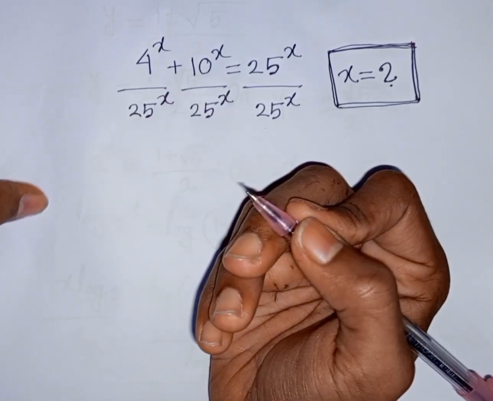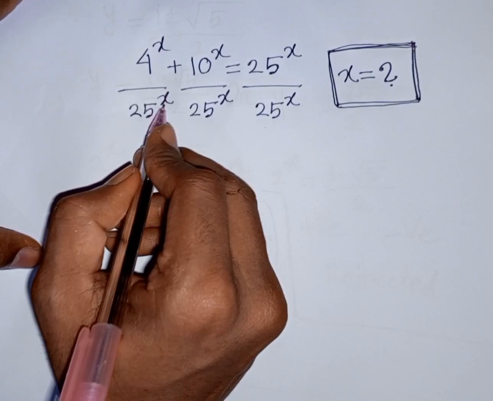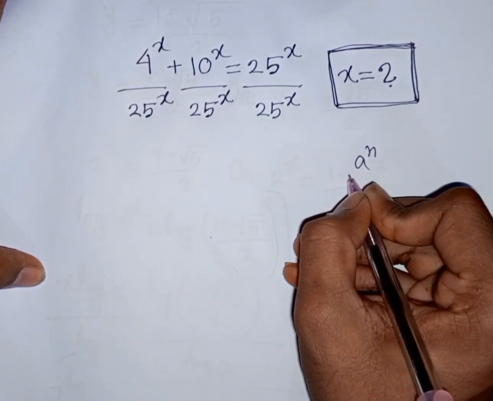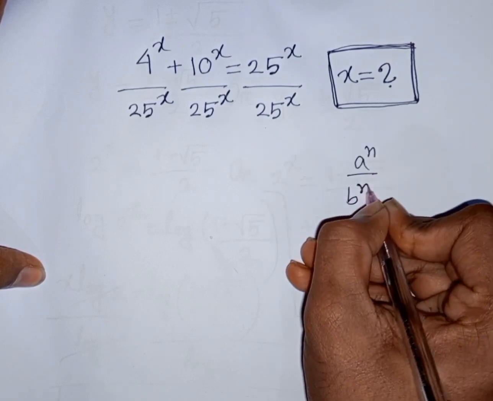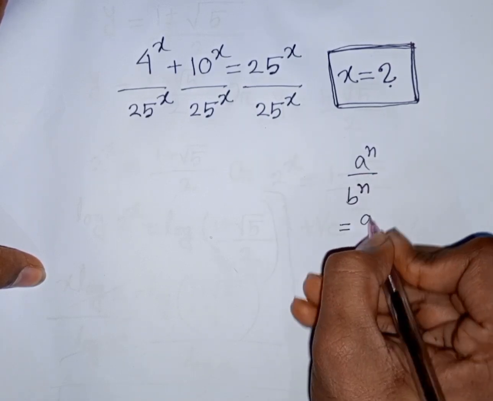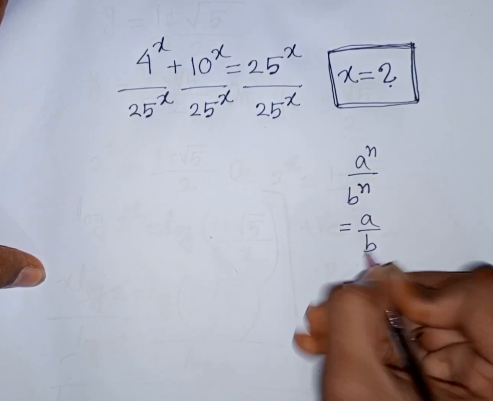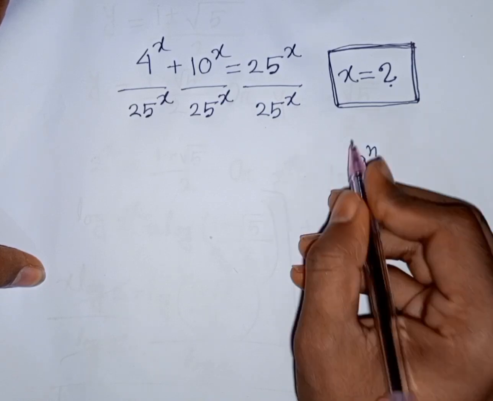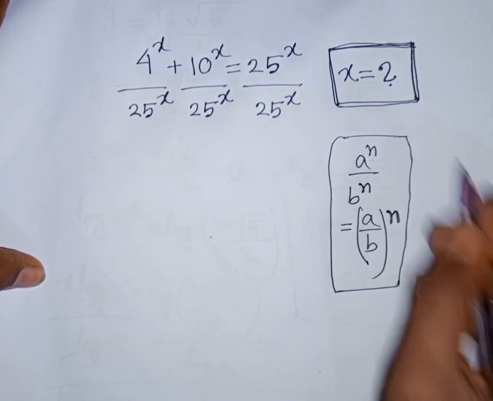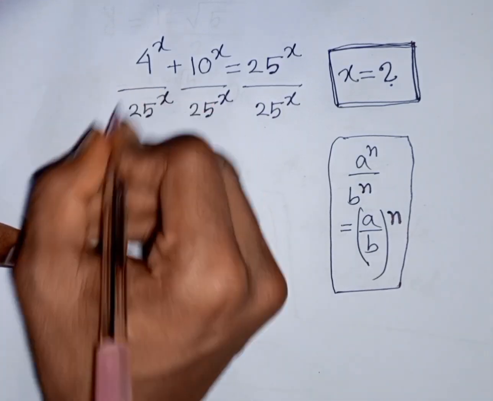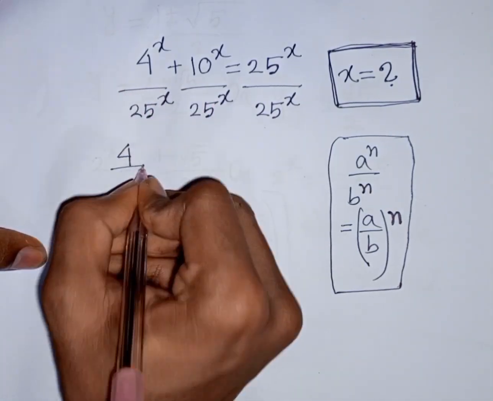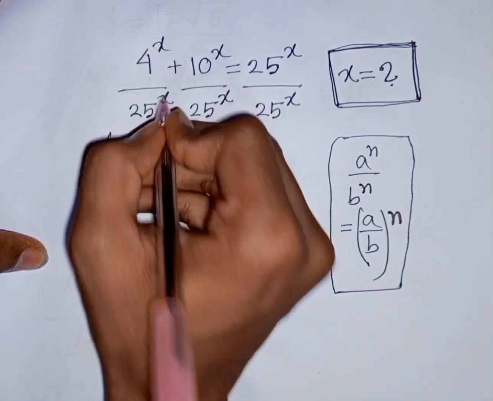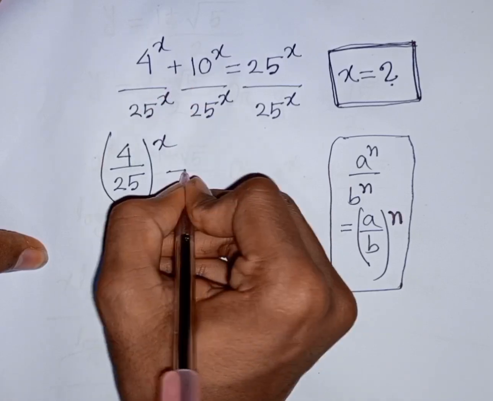Now from here we see x is the same power but with different bases. So remember this exponential rule: a power n over b power n is equal to a over b, then bracket common power n. So according to this rule, I can write here 4 over 25, then bracket common power x, then plus